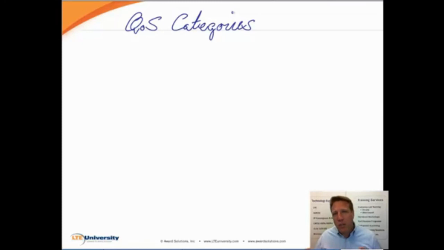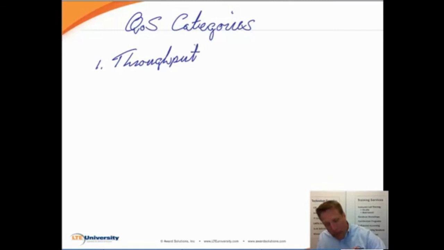What would one service require over another? Well, one that comes up often is this idea of throughput or data speeds. So video would require much more data to be pushed through to have a successful experience than voice would. A second one, which you may have thought of, is a delay or latency.